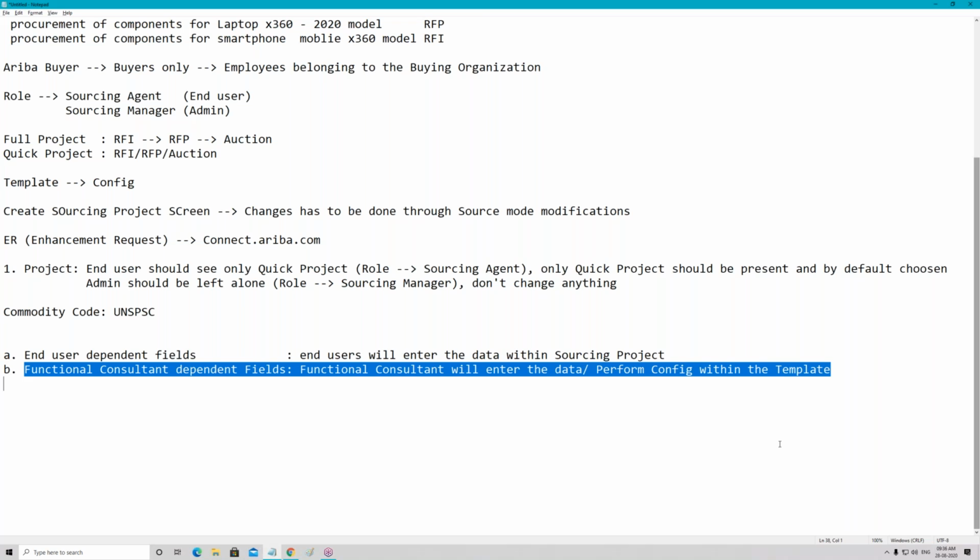So the relationship between sourcing project and template is not one-to-one, but a one-to-n relationship.